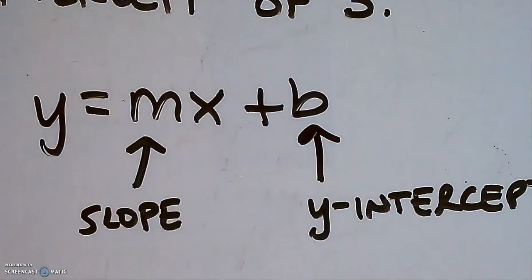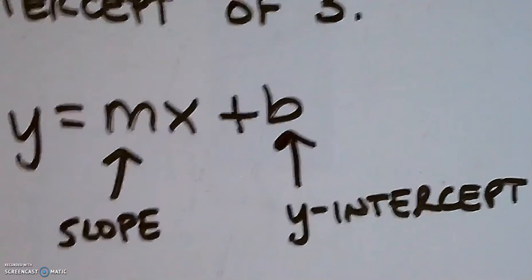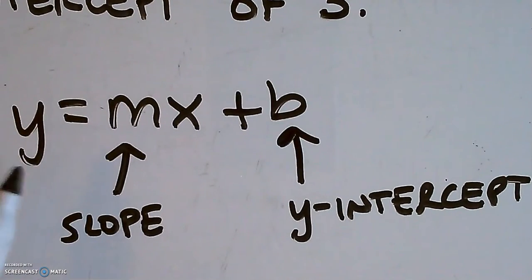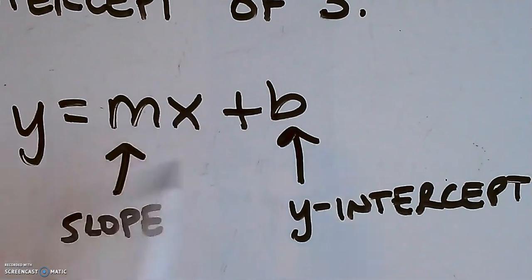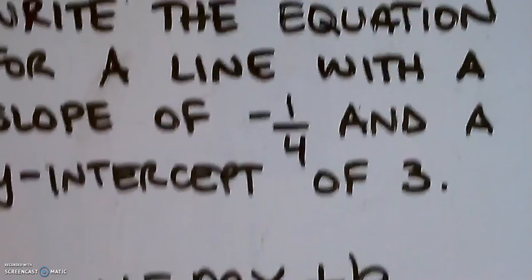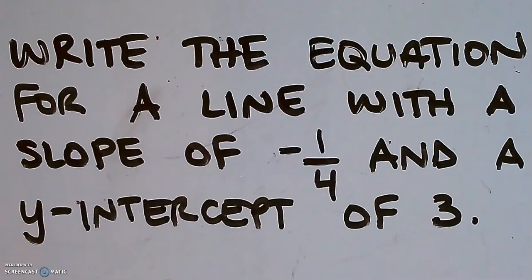What we also see is that there's another y, and there's also an x in this equation. And so this y is going to stand for our y value, and this x is going to stand for our x value. But for the purpose right now, when we're trying to write a linear equation when we are given the slope and the y-intercept, in this case, my slope of -1/4 and a y-intercept of 3,